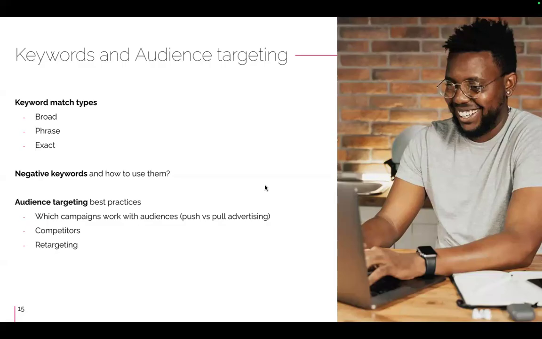On audience targeting, you can also use competitor data. So if you know that in your region you have 6 competitors who are doing the same thing in business as you are, you can add in their websites and give Google a sign saying people who visit these types of websites might also be interested in my business because we have a similar product. You can also access this by doing audience targeting. And then there's something called retargeting, which is also a very, very useful tool in getting people who have already heard of you and visited your website coming back to you and finalizing the purchase or the goal on your website that you want them to complete.